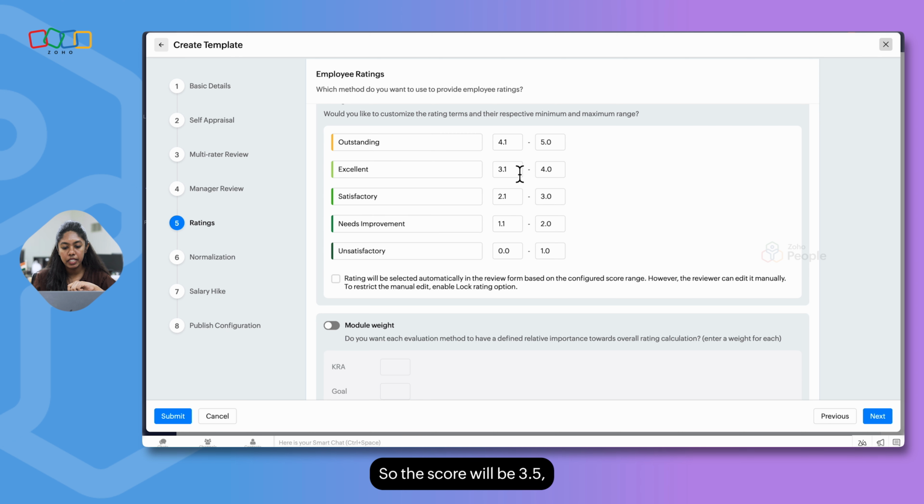So the score will be 3.5, but the rating will be outstanding. Whenever you're pulling reports, this can cause confusion. In order to avoid this manual intervention, you can go with the option to lock the rating. That is, the rating that is auto-populated by the system cannot be manually changed by anyone.